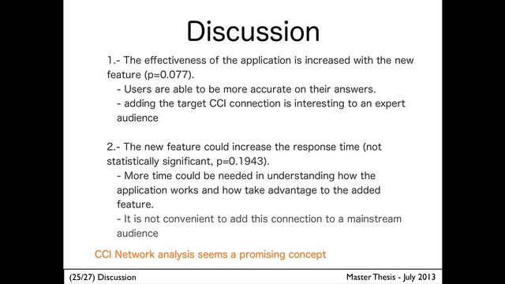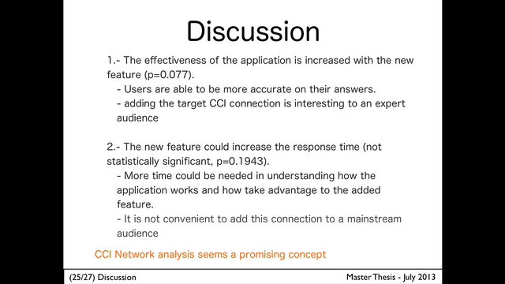In conclusion, on the target group, users were able to be more accurate in their answers, and adding the target component-to-component interaction connection is interesting to an expert audience. But the efficiency of the application didn't increase. In fact, it decreases. Although the statistical p-value was not significant, this effect,